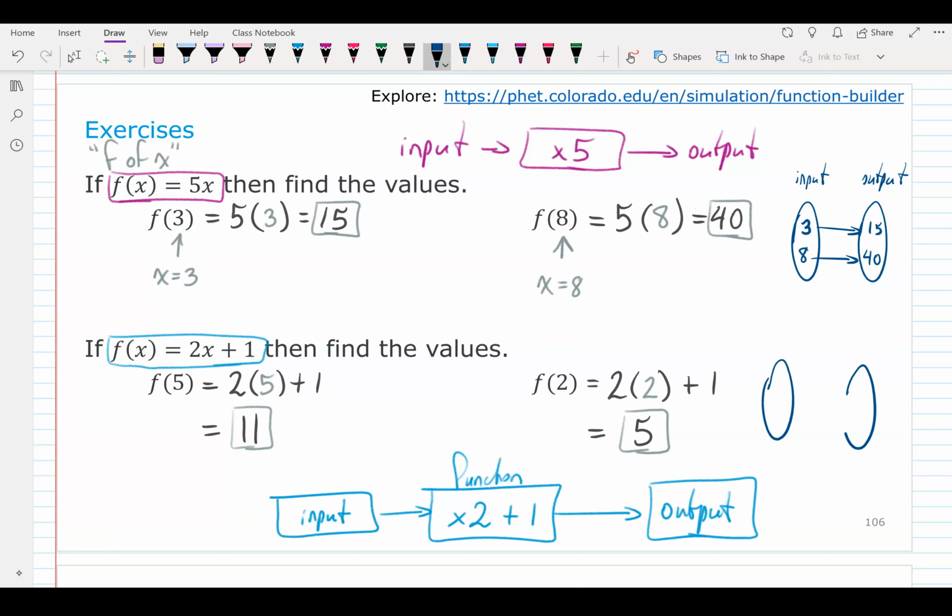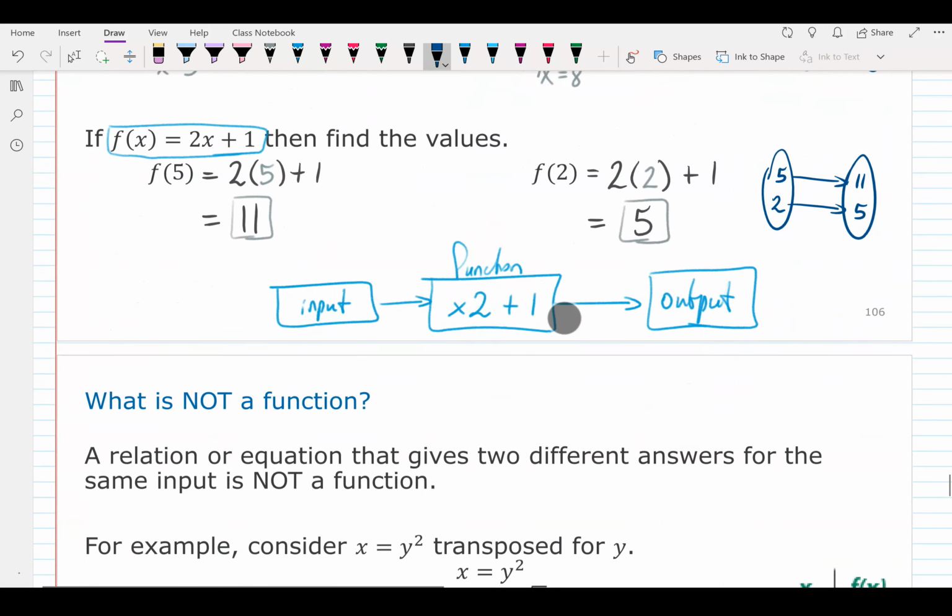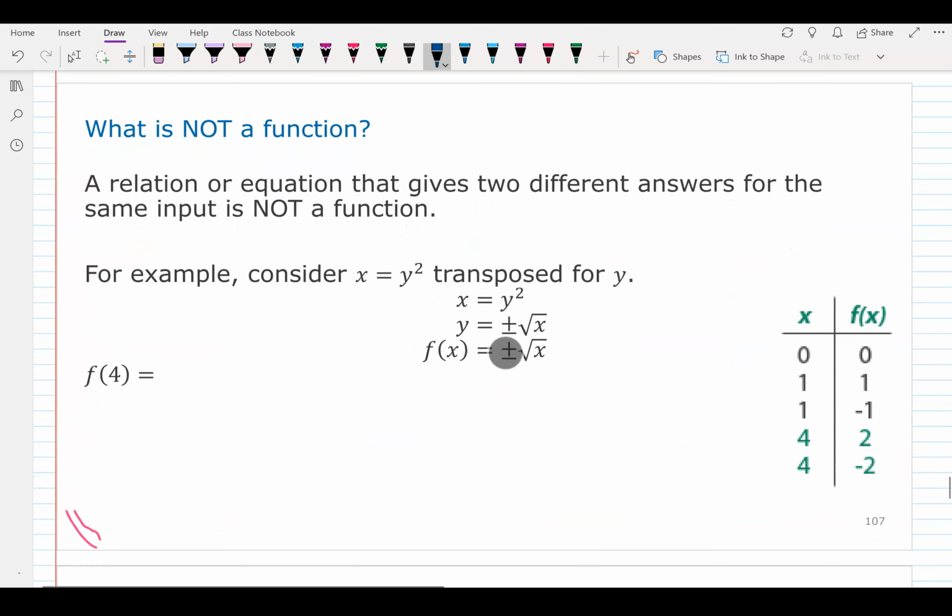In the second case, same thing. The number 5 gives us 11. Number 2 gives us 5. It's a well-behaved function. Let's see an example of something that's not so well behaved. So what is not a function? Well, a relation or equation that gives two different answers for the same input. Again, it's saying two different outputs for the same input is